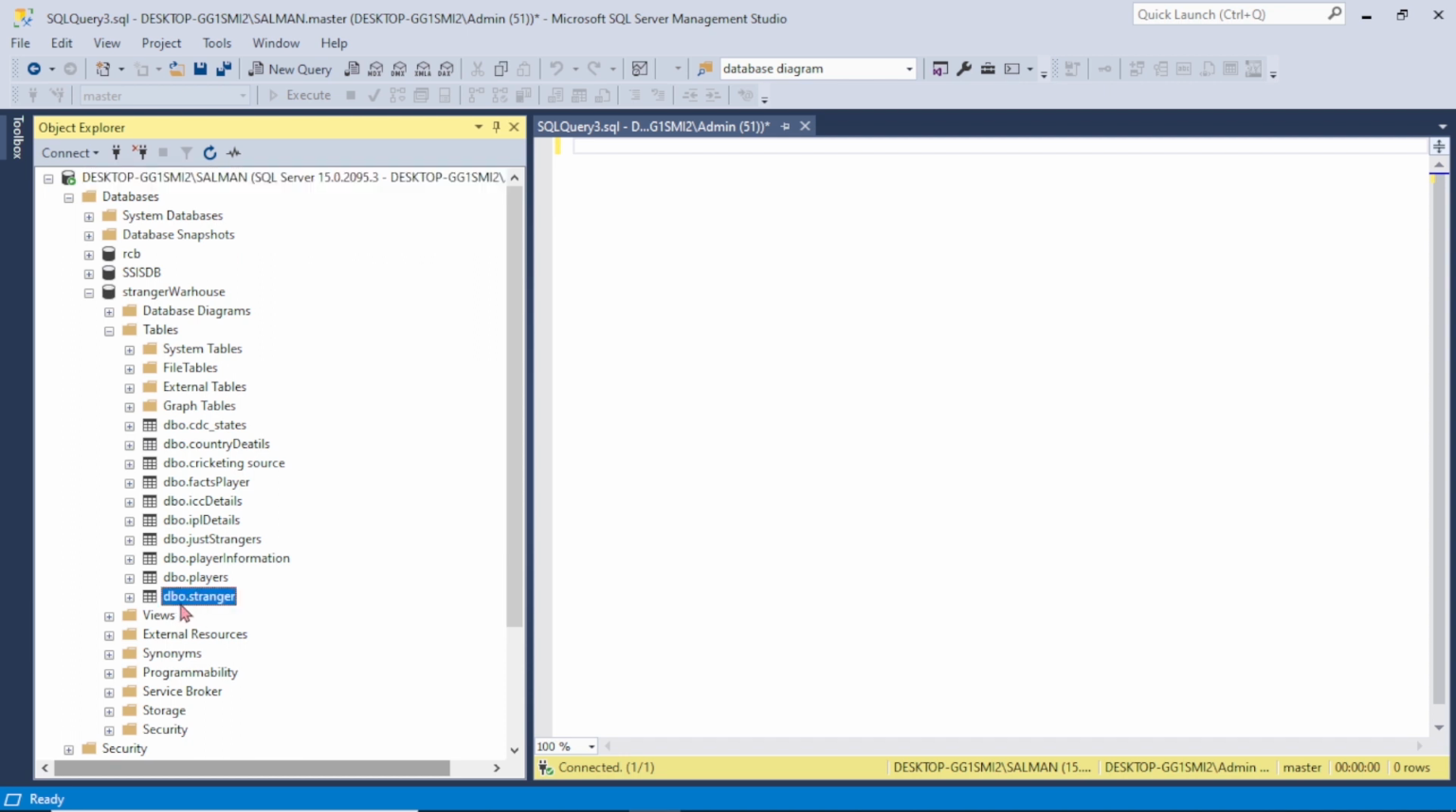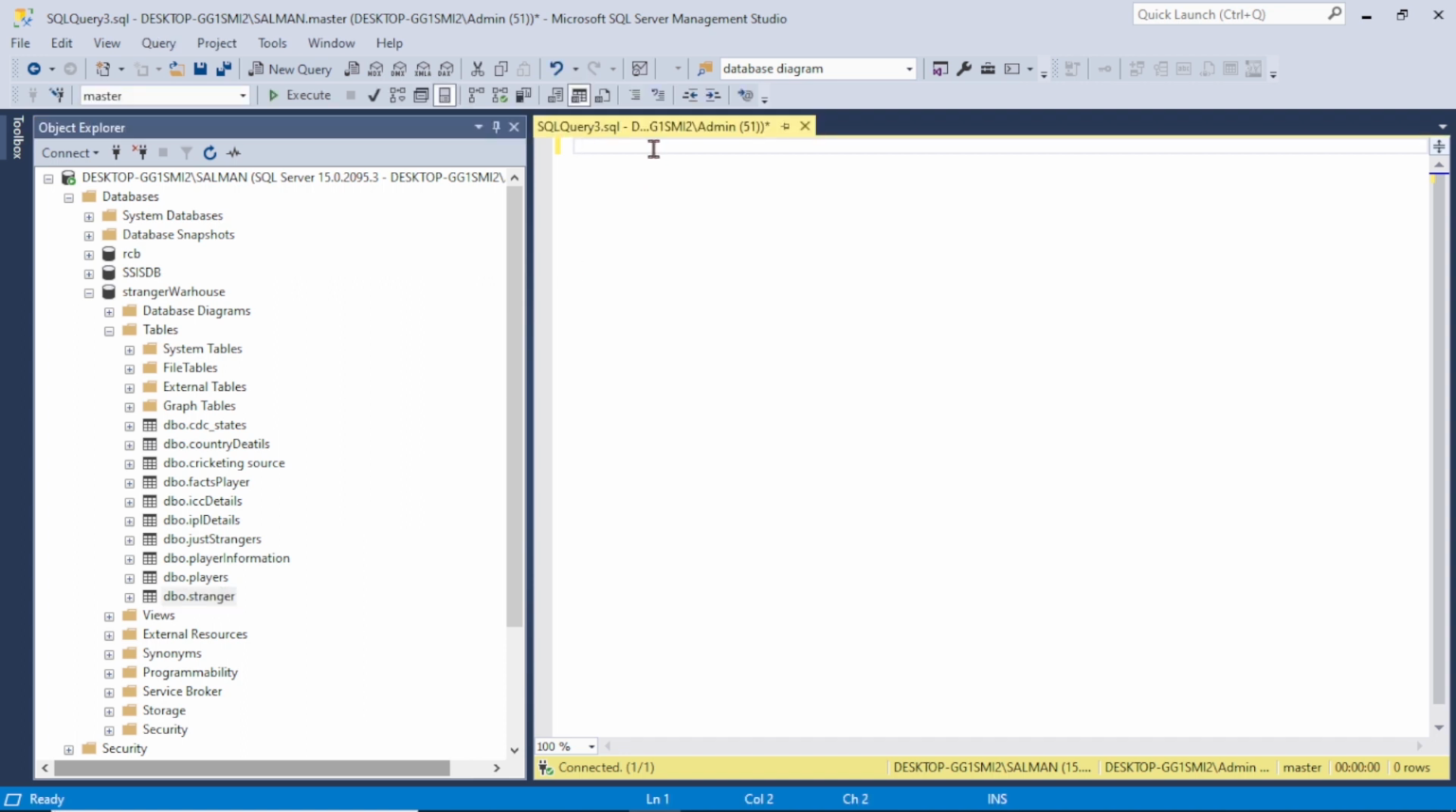So this is the table we created. If you want to see the schema of the table, the schema means what are the columns there and what is the data type of each column, how to see that? Just type sp_help and the name of your table, which in this case is stranger. If I select it all and execute it,